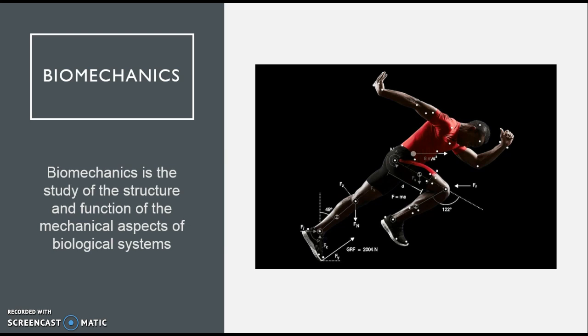This is to help enhance performance as well as help with different weaknesses that players may have. It's also successfully used for the assessment of muscular recruitment, and to make sure that the different techniques they have discovered are safe. So biomechanics can be the analysis of sport and exercise with equipment. This could relate to the grip on shoes for runners to make sure they don't slide around or fall whilst competing. It can also help with injuries as well as preventing sport injuries through technology to see what helps